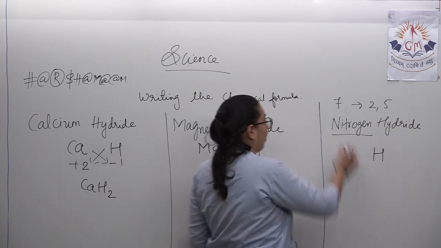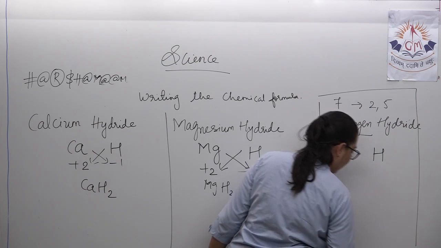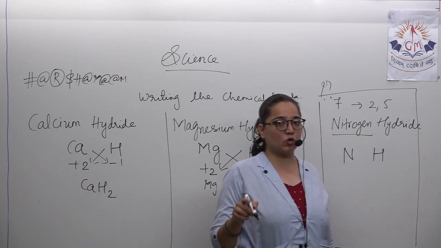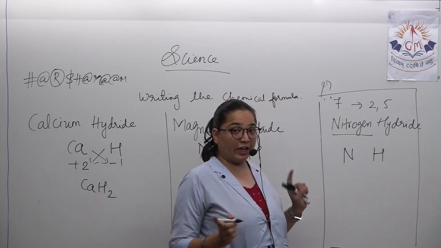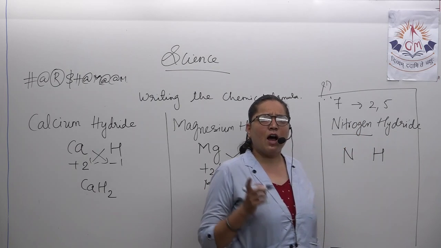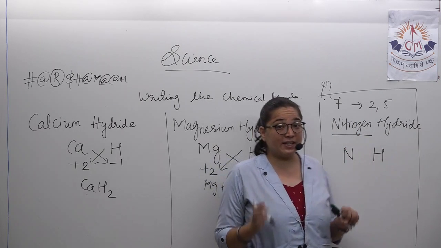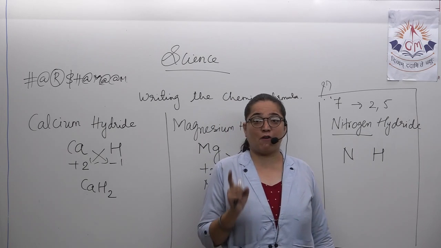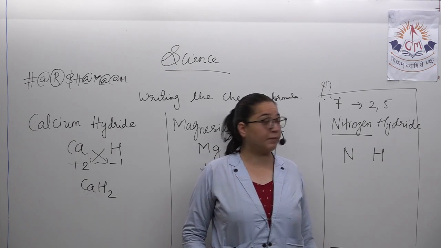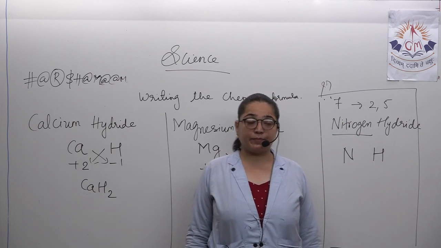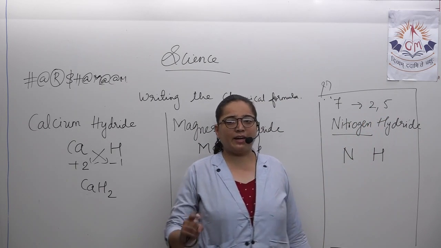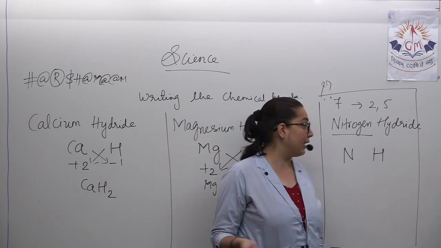Nitrogen hydride, this is exactly what I want you people to come up with, because from here a new concept is going to come up. I'm going to take you to the new concept from this particular point. Nitrogen hydride, how can it happen? Ma'am recently taught that for any chemical formula, first the name of a metal is coming, then a non-metal. Then here how? Non-metal came. One more thing, its valency is -3. How can we adjust it? Right, these are the common things that come into your brain.